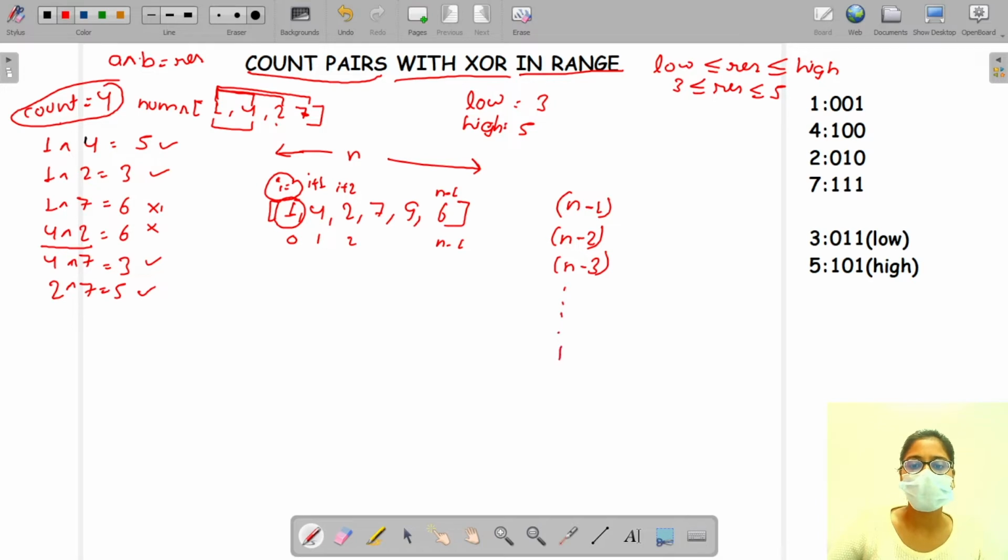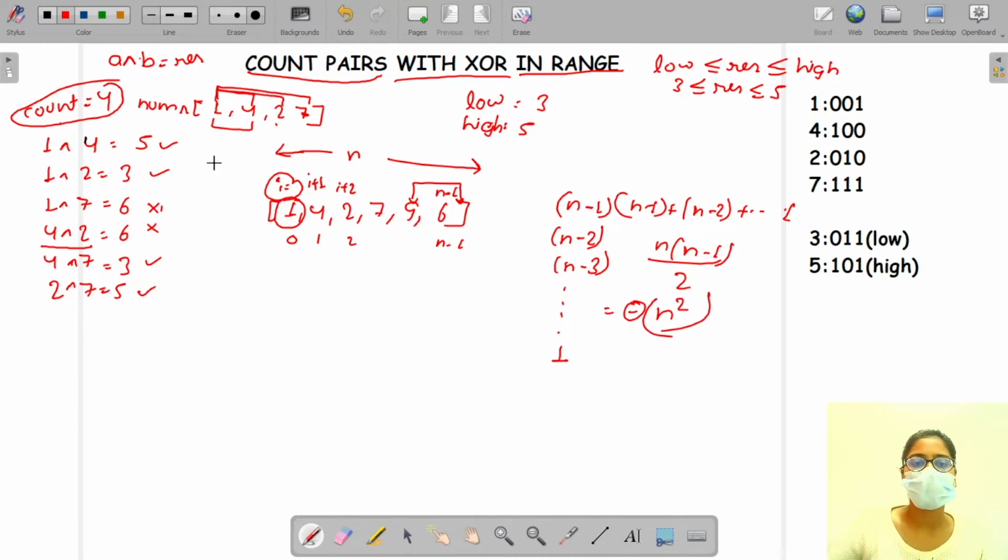Just like this, we will have only one option at the end, that is this and this. So adding all these will result in the summation of this, which will be basically this. So this will give a complexity of n square. So if we solve this question with this approach, this brute force method, then it will result in a time complexity of n square, and we have to